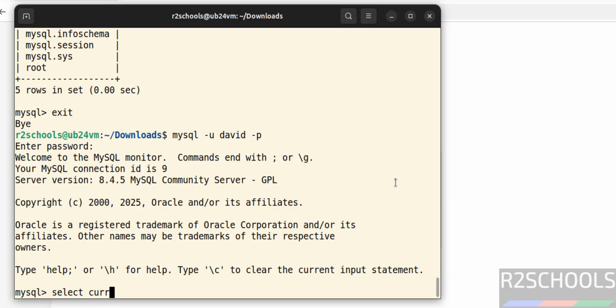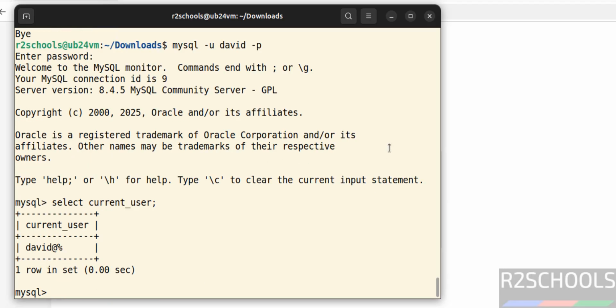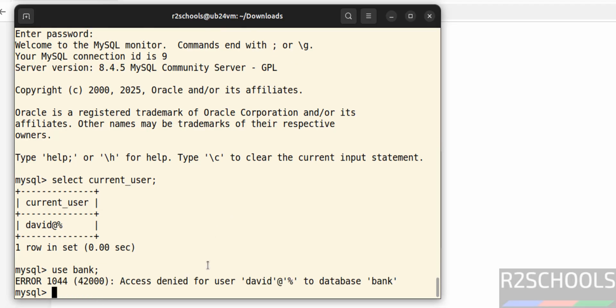Now verify the currently logged in user. select current_user. See, we have logged in with the user David. Okay. Now try to access the bank database. See, we are unable to access because we have created the user, but we haven't granted any privileges. That's why we have received this error. Okay. Now exit from the